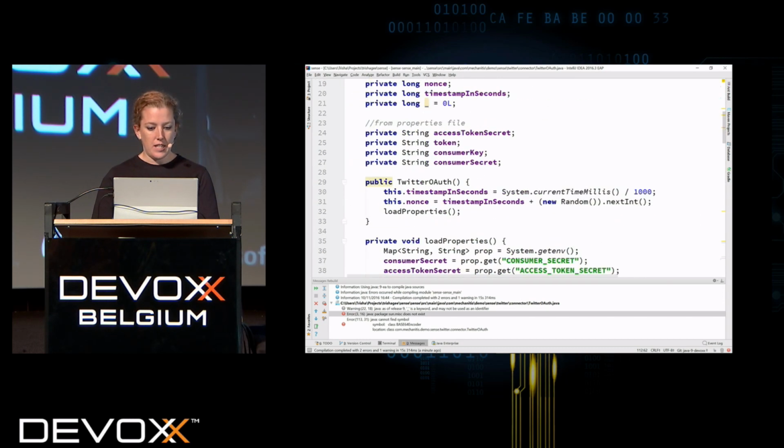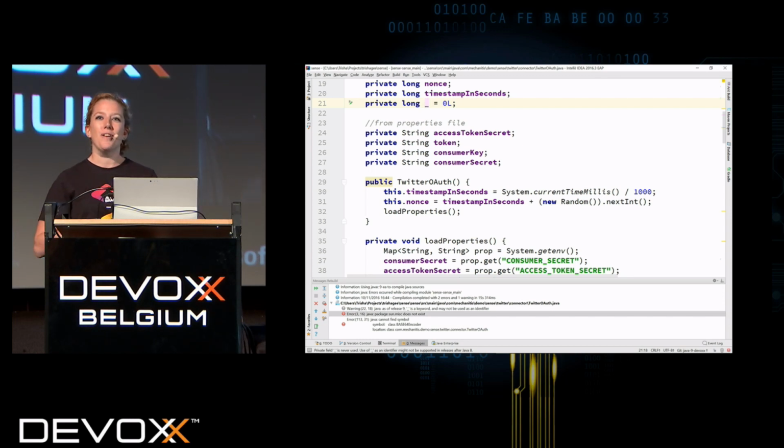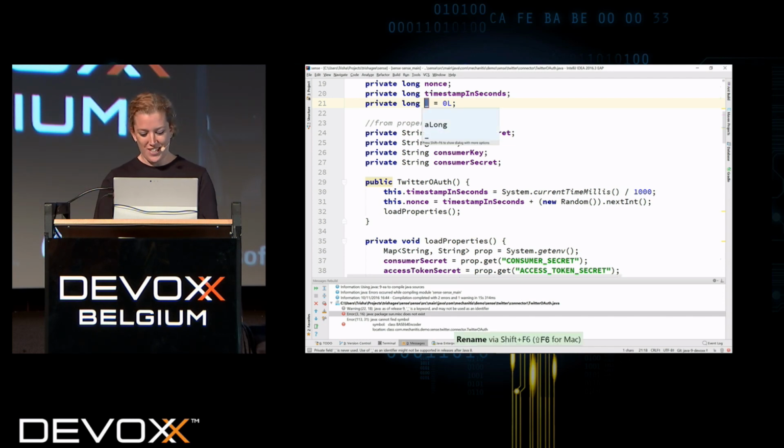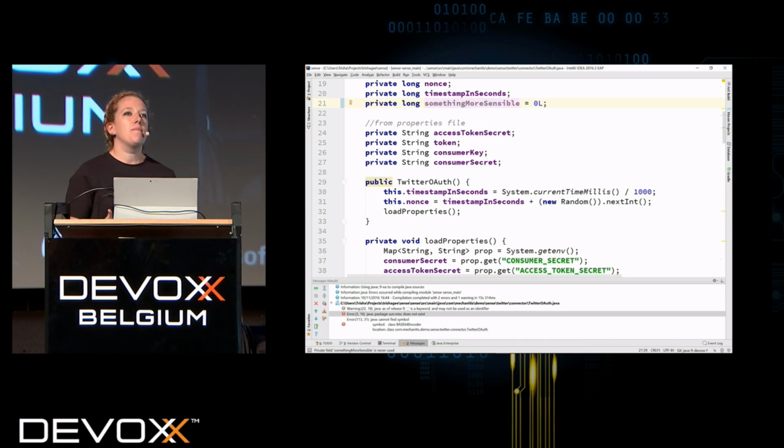Another thing that you'll find is underscore. Use of underscore as an identifier might not be supported in releases after Java 8. It turns out, though most people didn't really know, underscore is a valid identifier on its own. Obviously, you can say underscore something, but it turns out some people were using it as an identifier. And now that people know that, it has been taken away in Java 9, so people are starting to say, oh, that's quite cool though, I might actually want to use underscore as an identifier. Don't do that. It's a silly idea. Let's call it something more sensible. OK, so there are going to be some little changes like that.